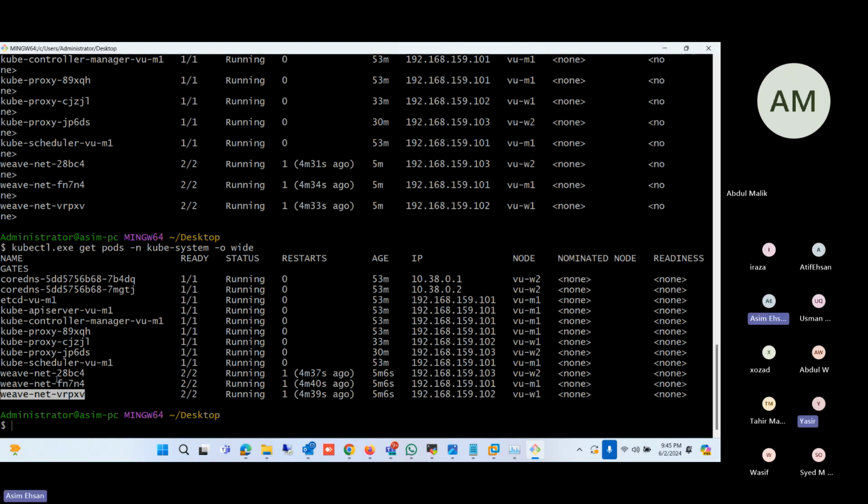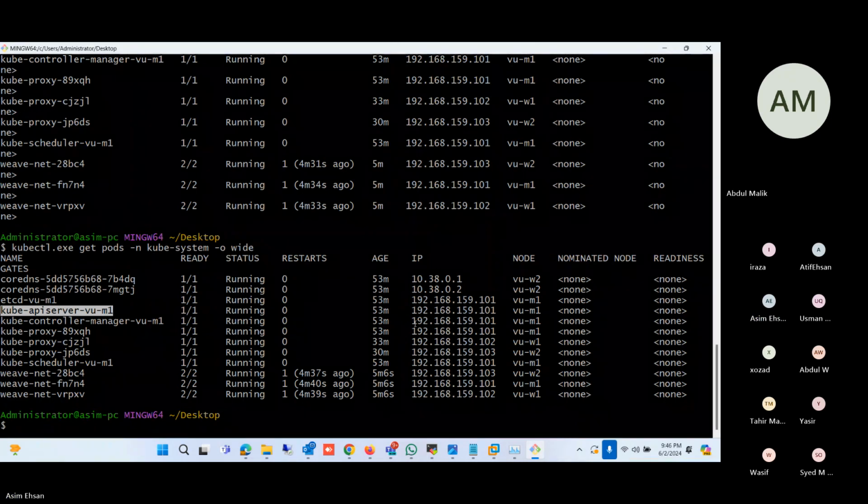Okay, I got it. And sorry, so this IP is the worker node, not of the pods. Actually this is the IP of the pod, but this pod is a special pod, and this pod is configured specially to get the IP from the host machine. Why? What is the reason? The reason is